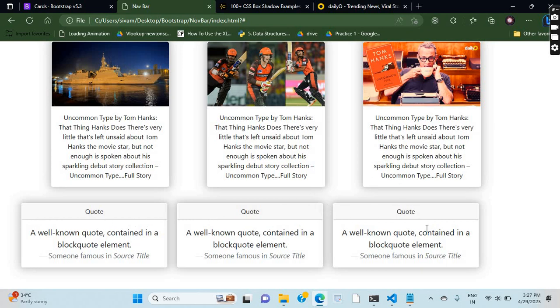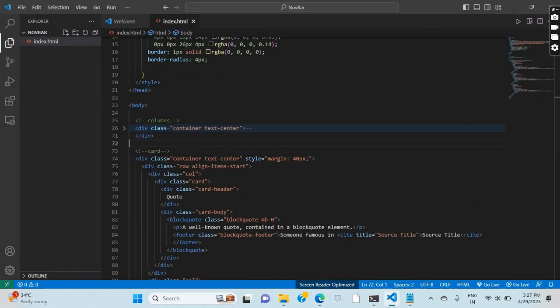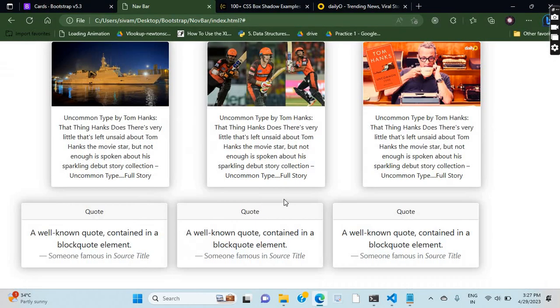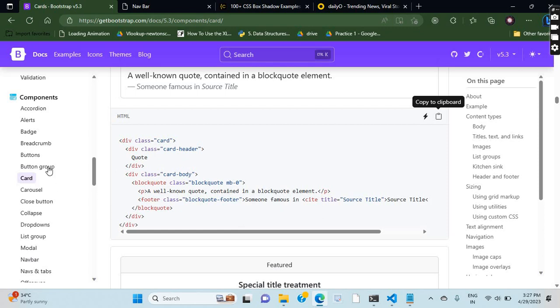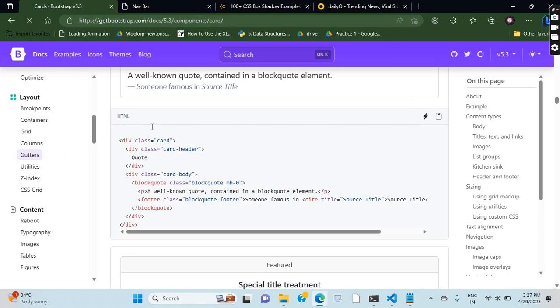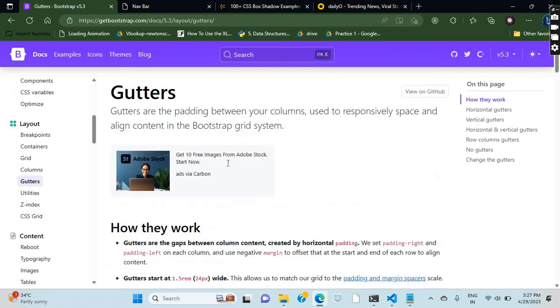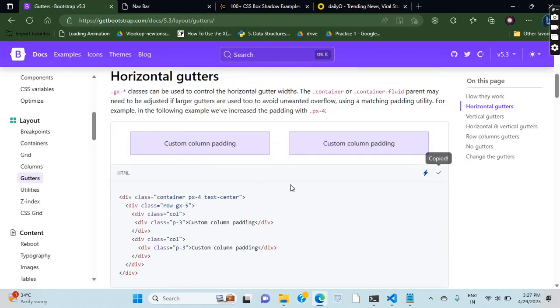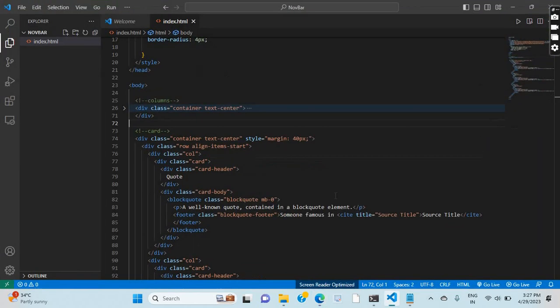So the cards also have, we have already written cards, right? The background shadow will be there. So here I am using cards along with the columns. So what are the gutters? How can we use the gutters? So take this